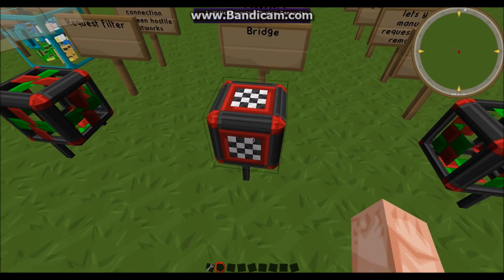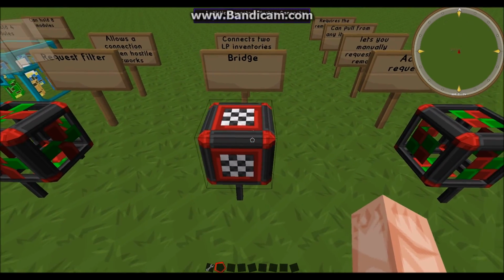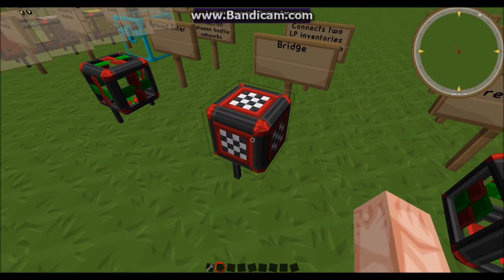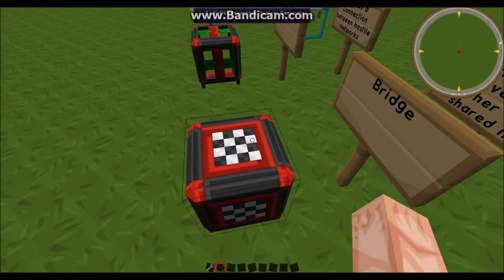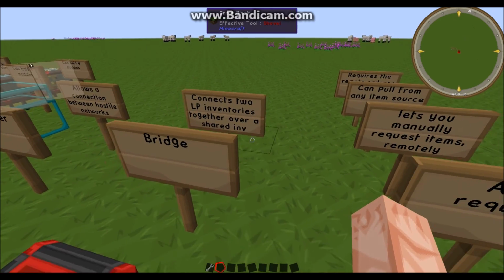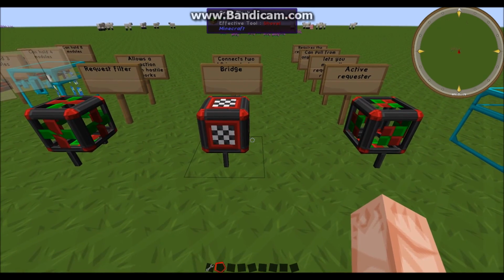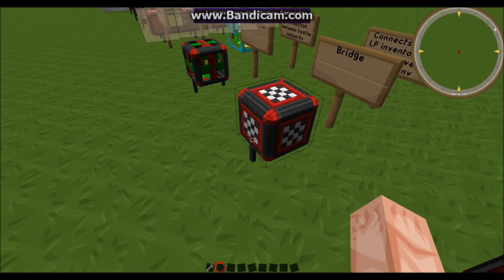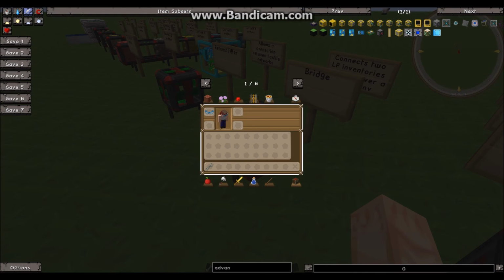That's a very useful pipe, and it comes in handy when you're dealing with things like sorting systems. Alrighty, so now the inventory system connector. This is a bridge between two separate networks that aren't connected. Basically, it connects two logistics pipe inventories over a shared inventory, such as an ender chest. Now this is great because you can use these in conjunction